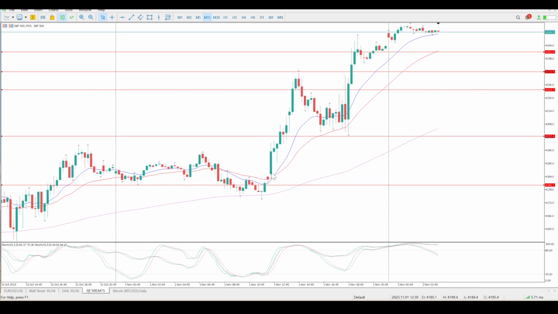Keep this double gap down here in your mind. That could impact price. I think this one has closed. Yeah, this one has closed. This bar here closed it. So that could impact price to bring us all the way down to 41.80, but I don't see that.